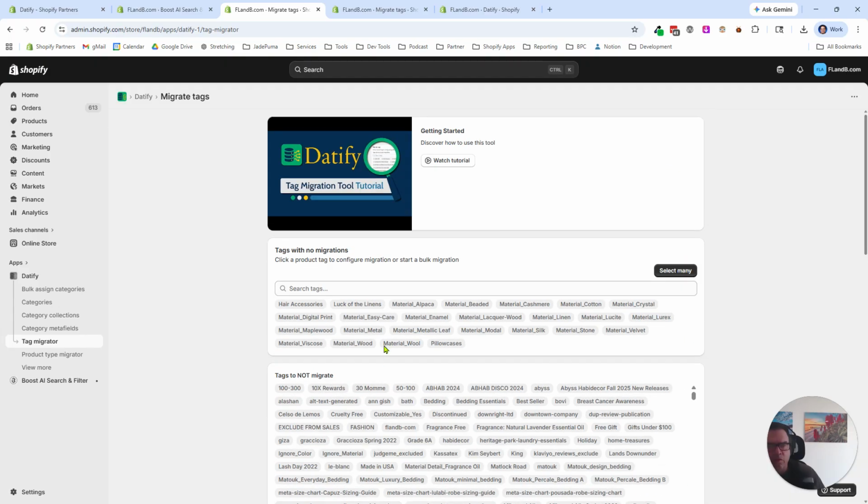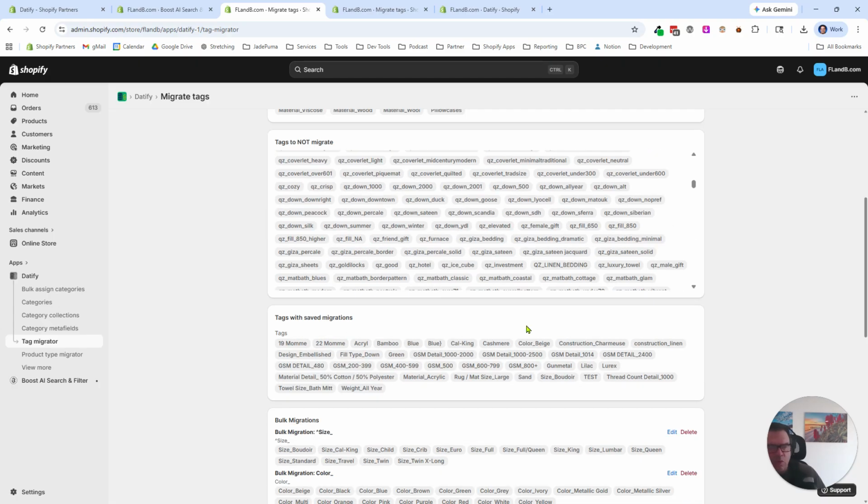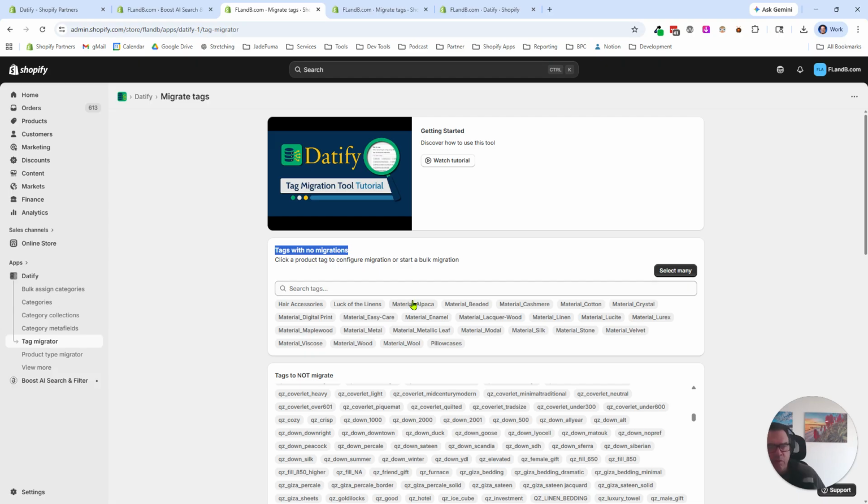The store's been around for a long time, and we're moving everything that we can into meta fields because then it's more structured and therefore discoverable. So what we want to do in the end is get this bucket of tags with no migrations down to be empty. And you can see we've done most of the store, but there's one here left where you see